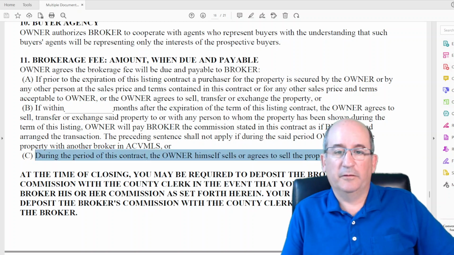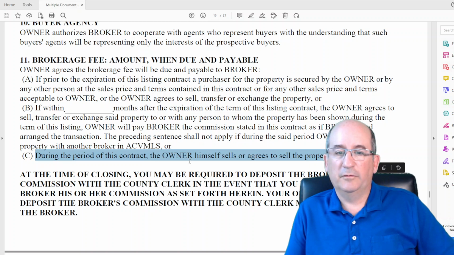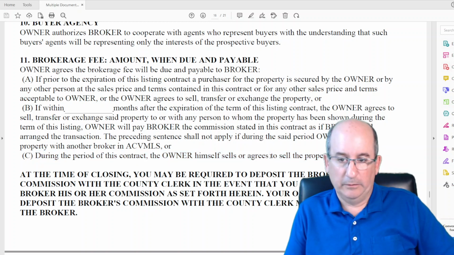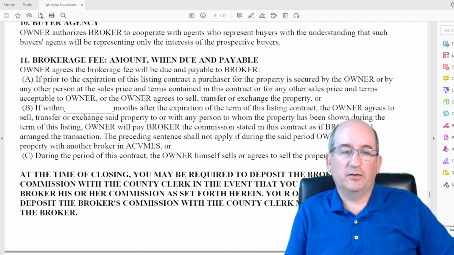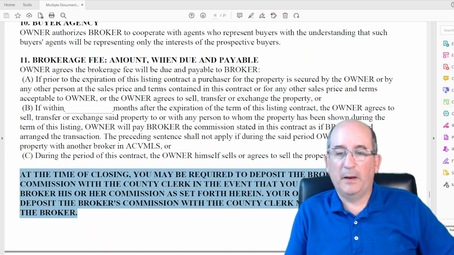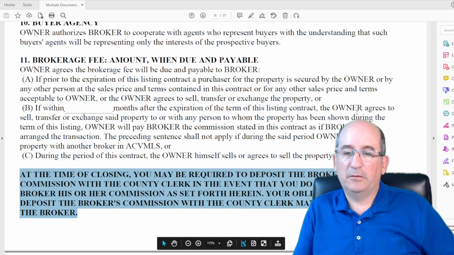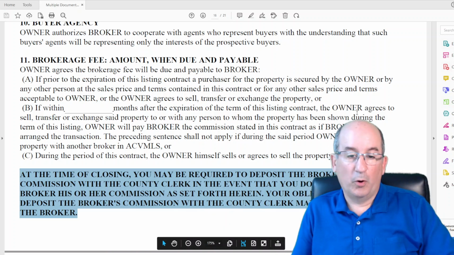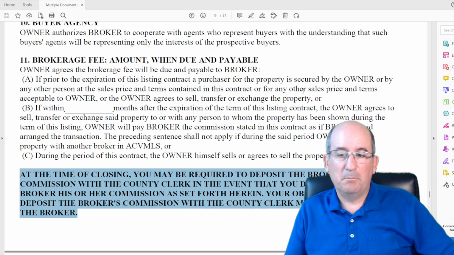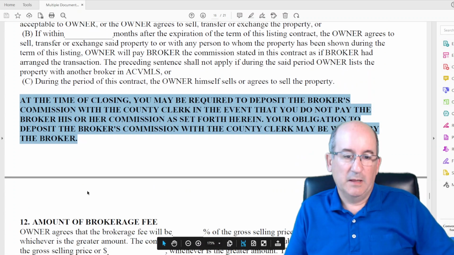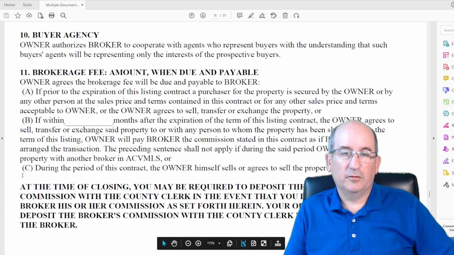Now, during the period of this contract, if the owner himself sells or agrees to sell the property without talking to his agent, then he still has to pay the commission. At the time of closing, you may be required to deposit the broker's commission with the county clerk in the event that you do not pay the broker his or her commission as set forth herein. Your obligation to deposit the broker's commission with the county clerk may be waived by the brokerage, but that doesn't mean that it is. So I had that happen